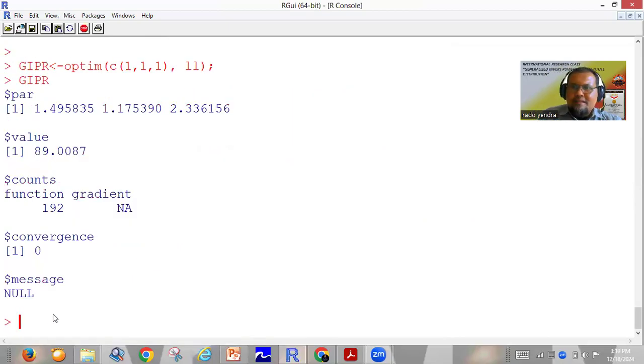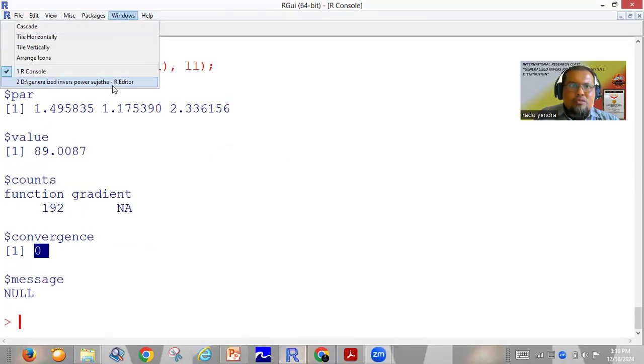Okay, this is the parameter. This is parameter theta, this is parameter beta, this is alpha, and this is theta. This is minus log likelihood, and this converges to the number of 0. Okay, next we continue to the